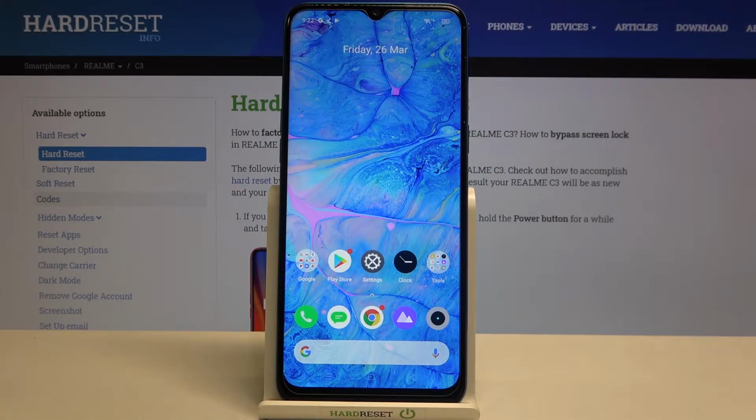Hi everyone, here we've got REALME C3 and let me share with you how to clear browsing data on this